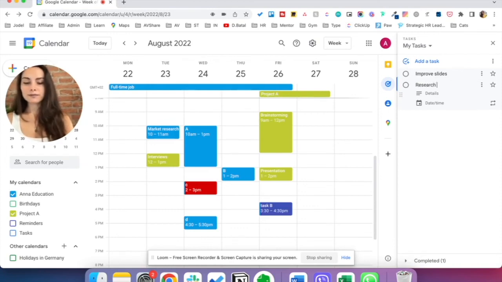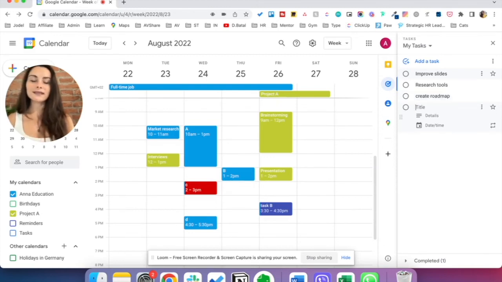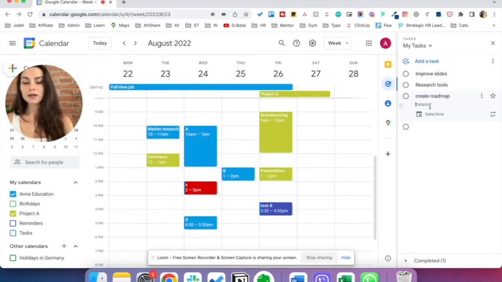Research your tools or create a roadmap. Whatever it is, you can have it here, and then you can also add some details here. You can say create roadmap, I don't know, collaborate with someone, ask someone, whatever. You can add anything here.